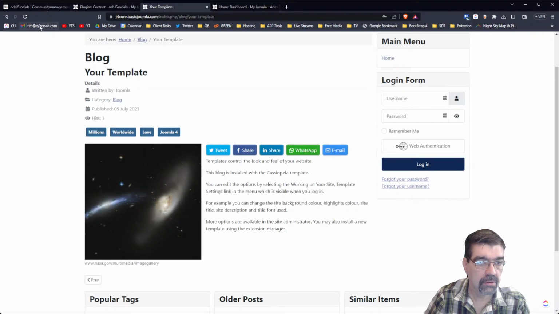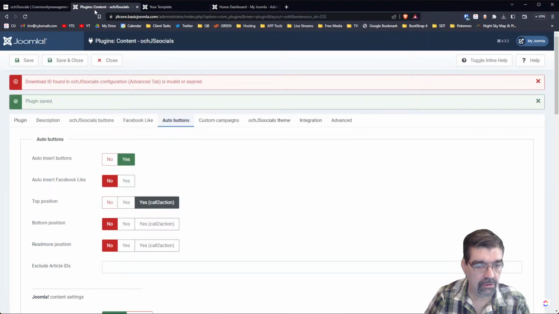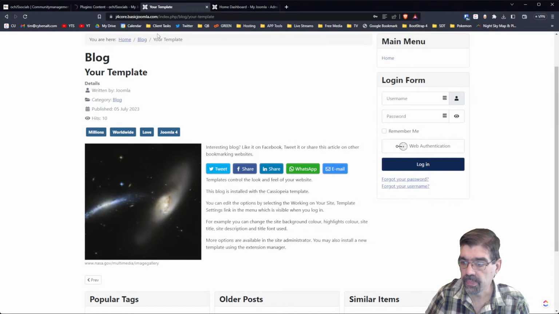All right, here we go. What does that change? Oh, and look at that. Now you can also have a call to action that appears above there, asking people to use it. That's very cool. All right, and let's go auto insert buttons. No. Oh yeah, sorry. Call to action. Let's say no. You can put the call to action in the bottom, or oh, look at this. You can do it in the read more. Interesting. So let's save this, and that means if we go to blog,